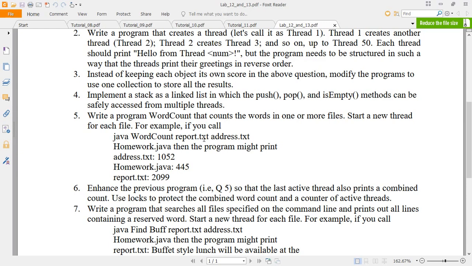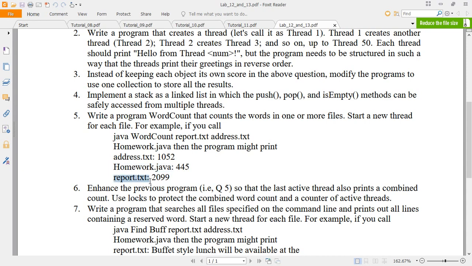In case of homework.java, there are 445 words available. Report.txt, 2099 words available. That means for the first file one thread has to be created, for the second file a second thread, for the third file a third thread. These three threads should run concurrently and count the number of words available in the particular files.